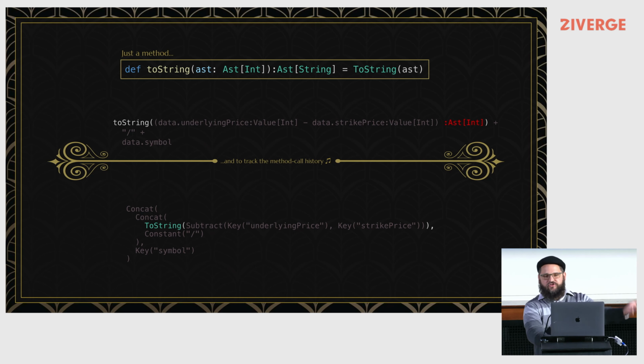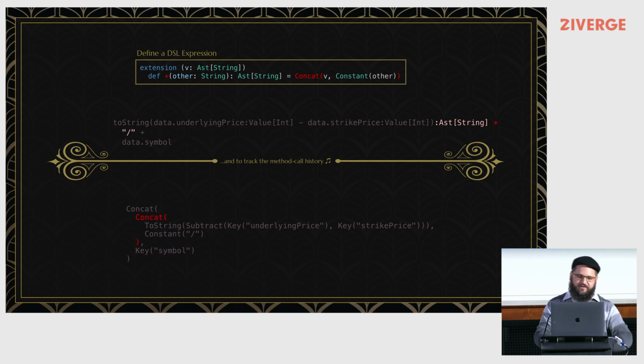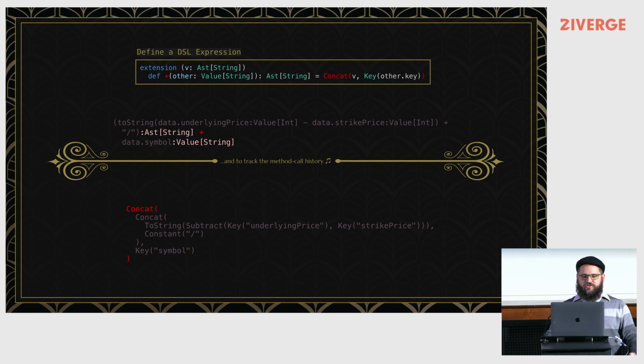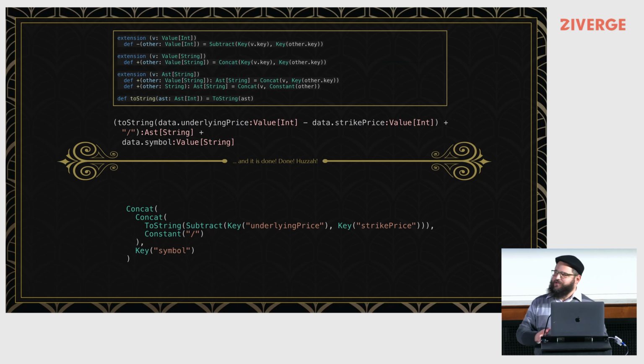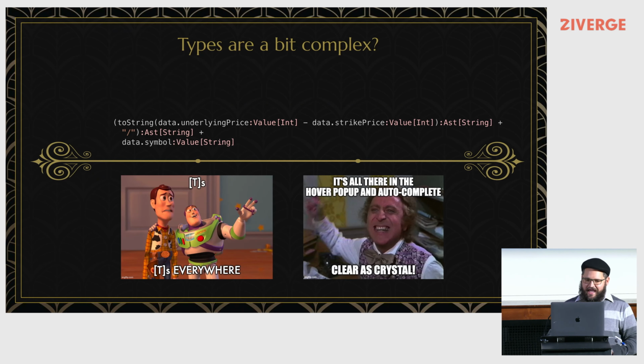We say the method toString returns a description of that, and the concatenation methods return descriptions of that, and then we have further and further more descriptions of that. So here are all the operators we built, and the operators basically return descriptions of the operations. So now we can actually build up this abstract syntax tree, but at the cost of a little bit of complexity, because we are no longer dealing with simple